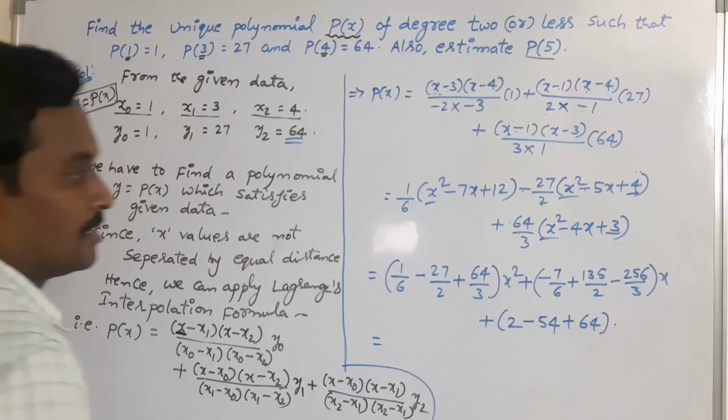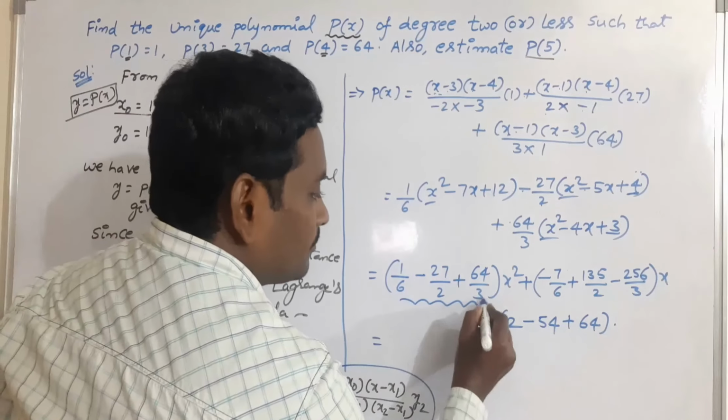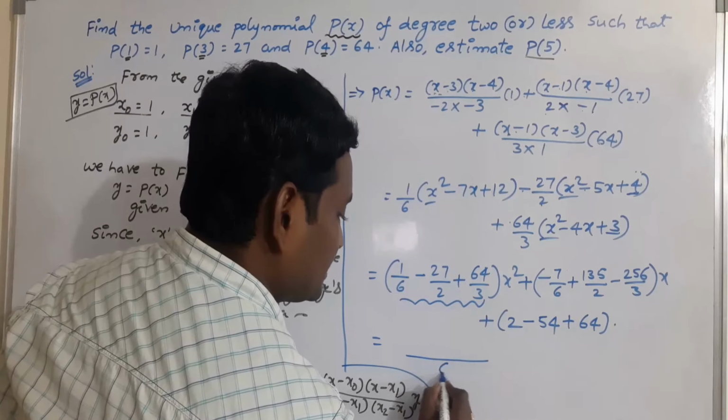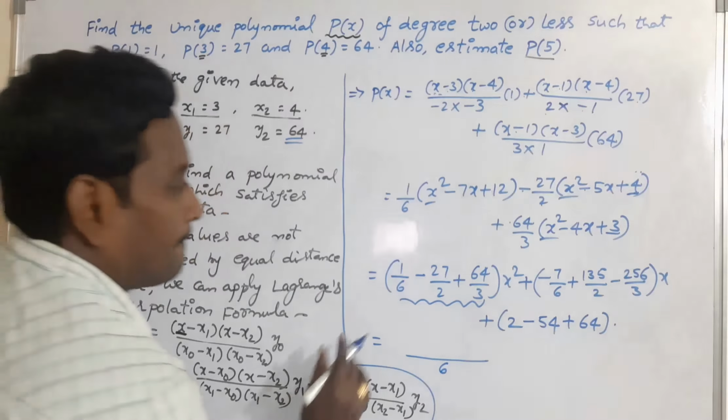Now we have to simplify this term. Take the LCM, which is 6 one time, and here you should multiply the 27 with 3 times, so 3 27s are 81, minus 81, plus you should multiply the 64 with 2 times, so it is 128 into x square. Here also